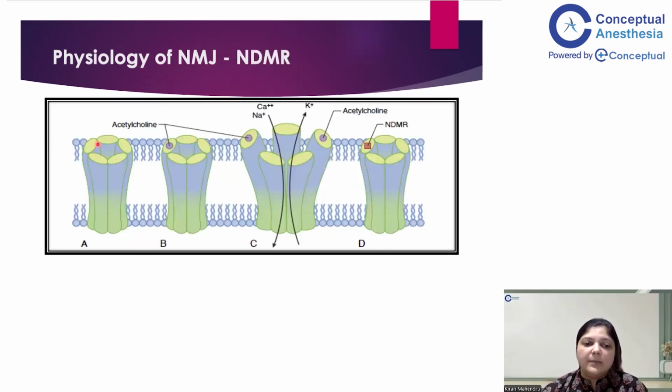Now, coming to the basic structure of the acetylcholine receptor, this is the nicotinic acetylcholine receptor with the 5 subunits and the central cation channel seen. Now, basically what happens is when acetylcholine is released from the nerve terminal, the acetylcholine molecule will go and attach to the 2 alpha subunits of the acetylcholine receptor. Now, for the channel to